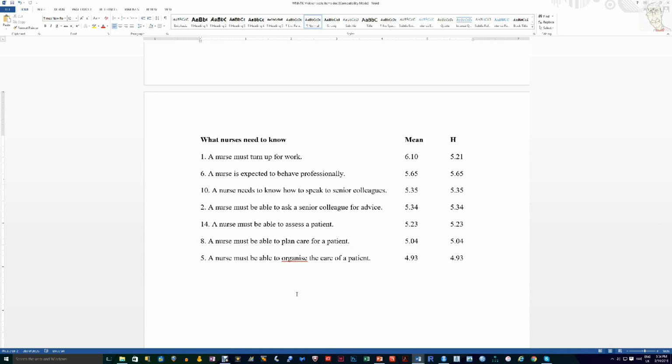Higher mean values here mean that people ascribe more importance to them. So the most important thing a nurse must do, of course, is turn up for work. Then they're expected to behave professionally, and we'll jump down to the bottom of the scale here. It's not considered so important that they must be able to plan care for a patient or organise the care of a patient according to this particular scale. But please remember, the items here are attached to a completely different set of data. The items are fictitious, the data is real, but they bear no relationship